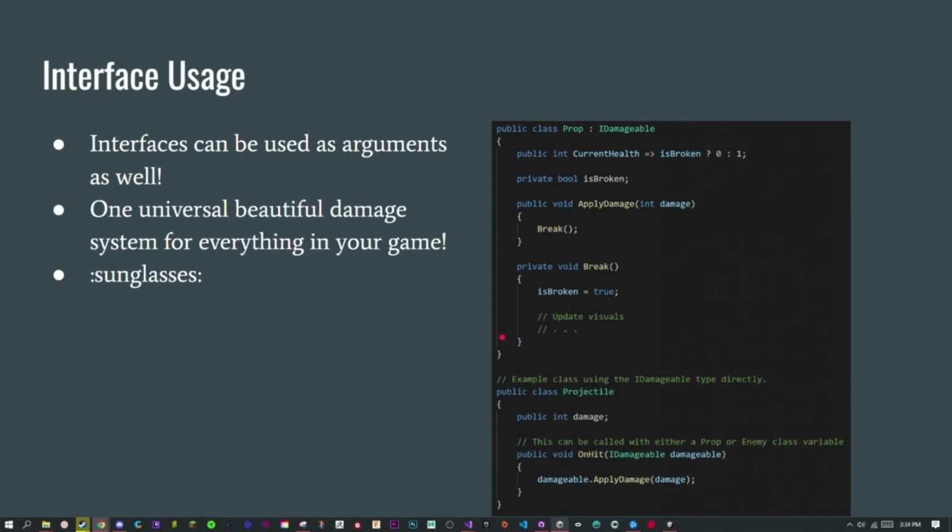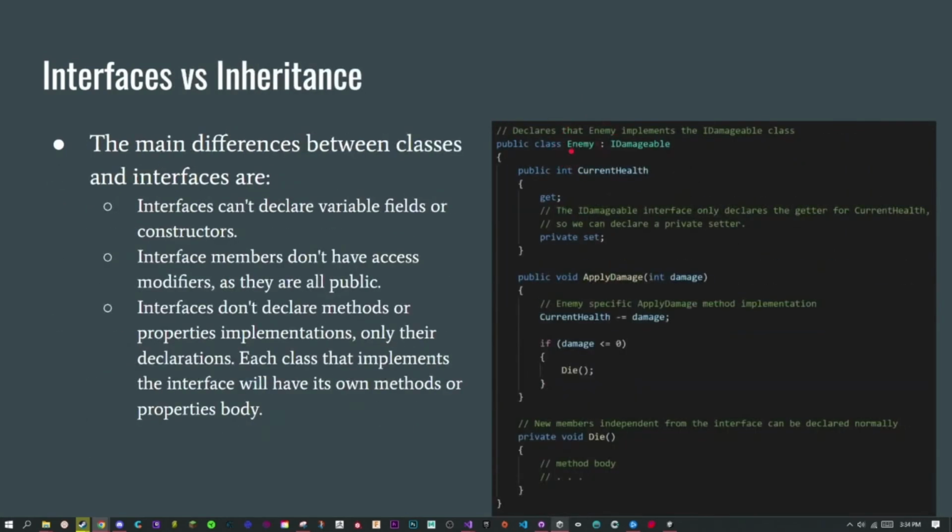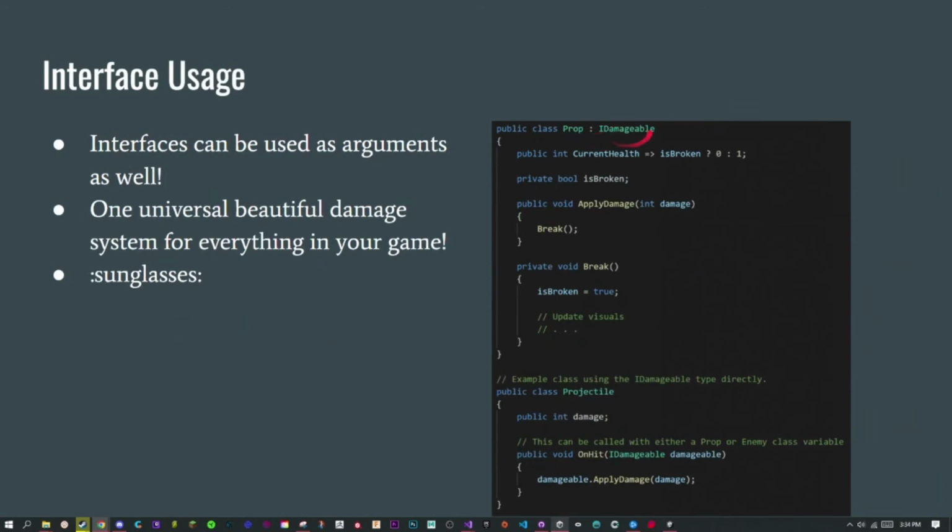But what if I don't have a die function? Luckily, that's not in an interface over here. Die is only for enemies. Only enemies can die. So I can use this damageable interface for the prop class, for destructible props in the world. And since the props just break instantly,